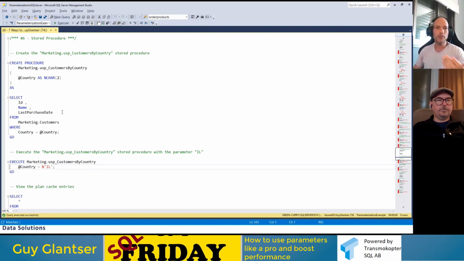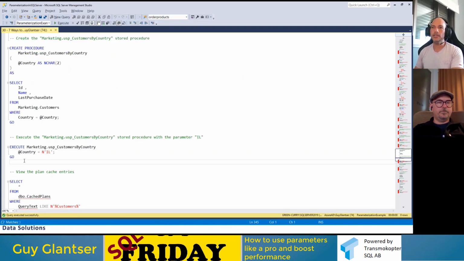Of course, SQL Server creates the object and registers the metadata, the code of the procedure, but it doesn't execute or generate any plan for that procedure during creation. Only in the first execution here, when I pass a specific value, SQL Server will create a plan for this procedure for the first time and put it in the plan cache.